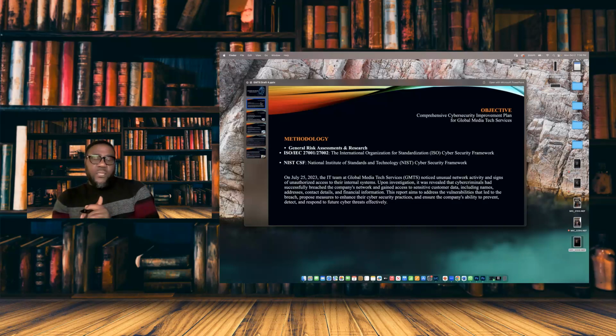So the narrative is that on July 25, 2023, something happened. There was a breach, and upon investigation, it reveals that the network has been compromised successfully, and the data of customers, including personal PII and financial information, has been revealed to unauthorized users.